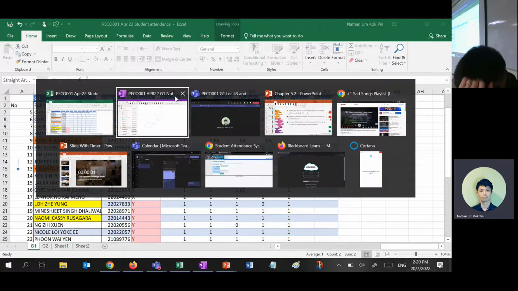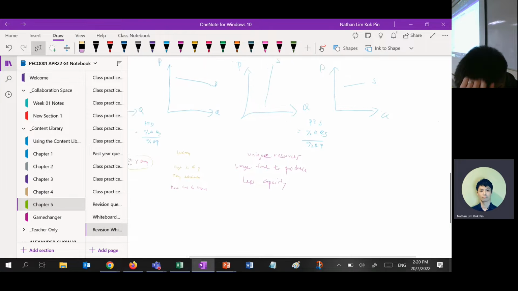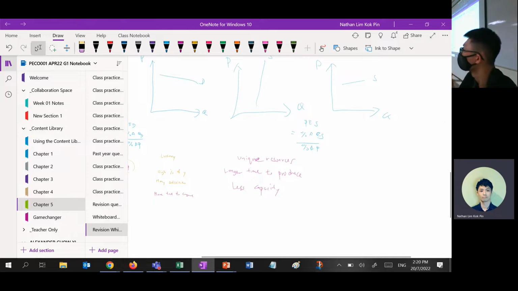Jeffrey. Technology. Technology will affect what? Not supply. This one is PES. Price elasticity of supply. I told you it's different. Cost of production is also a supply determinant. This is why I say you all get confused always, right? You always mix up the supply and the PES. They're different things.